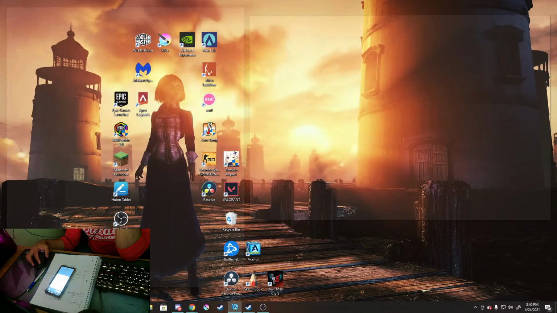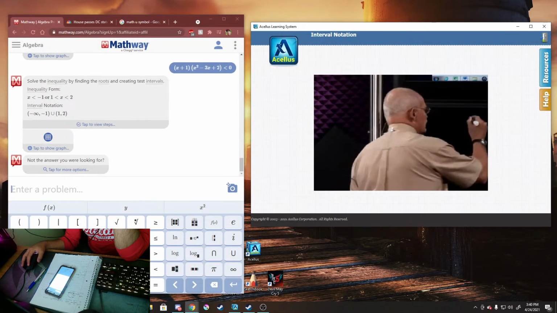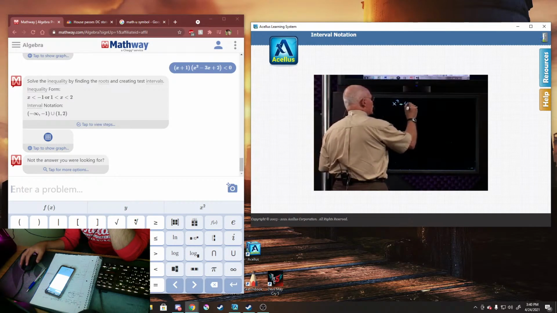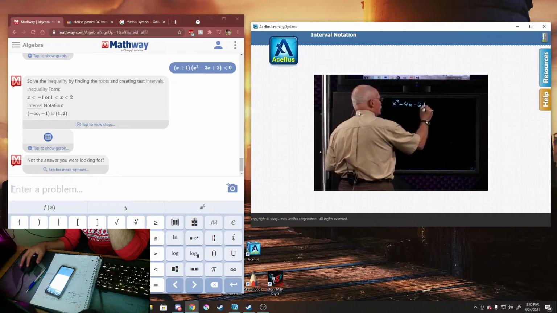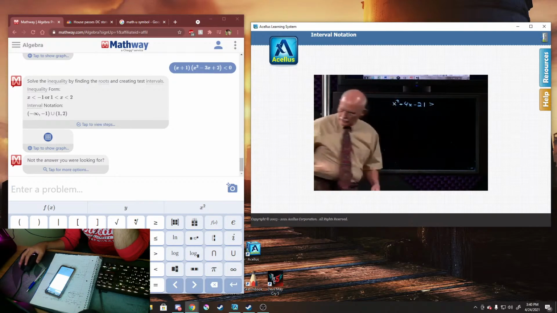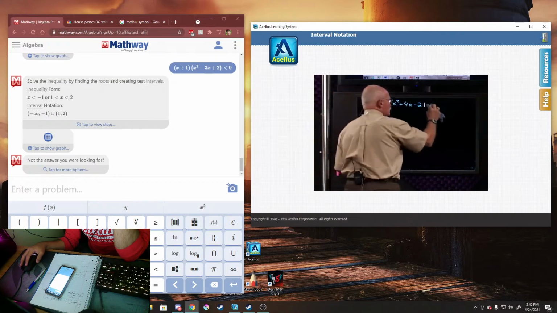Here would be a simple example of how you solve an inequality. If we had x squared plus 4x minus 21, and we wanted that to be, let's say, less than or equal to 0,